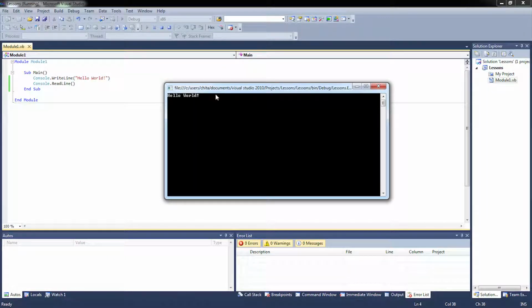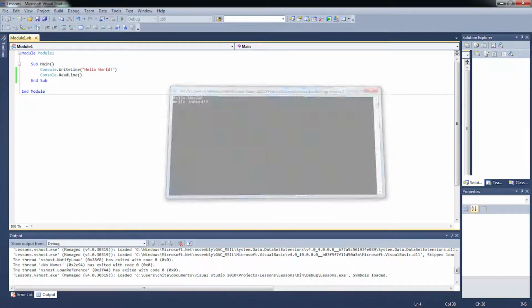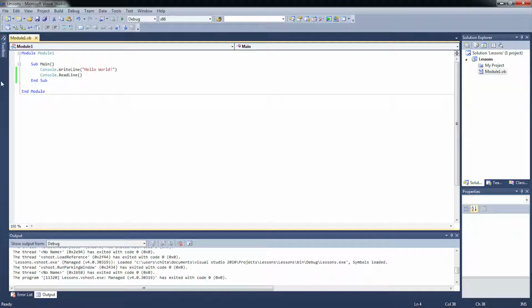And once again you can type stuff in, hello indeed, and once you press enter it will close. Now this is how to type in text. But what if you want your program to actually think a little bit and calculate something for you? Then what you'd want to do